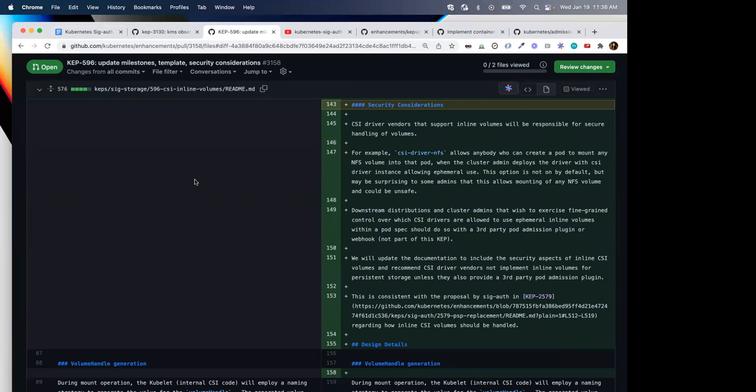And having a way to say that this use of a CSI driver inline is known to be unsafe, and basing whether it's allowed on a per namespace basis on the privileges of that namespace combined with the knowledge of the CSI driver, gives you a way to handle it in the field in a way that is slightly more refined than being perfect.